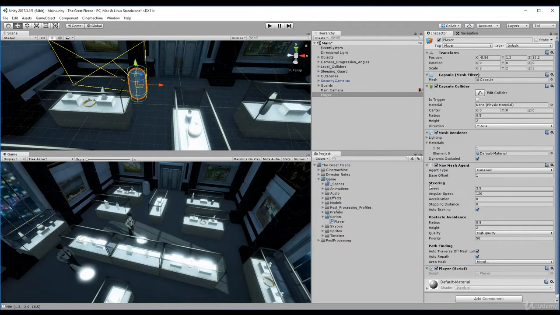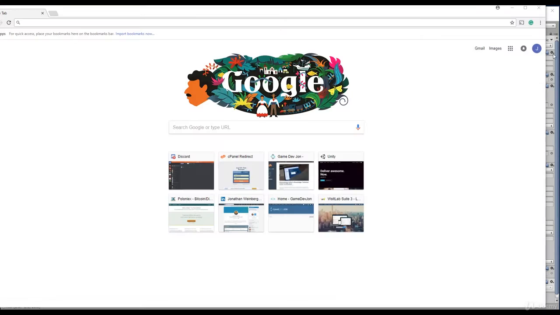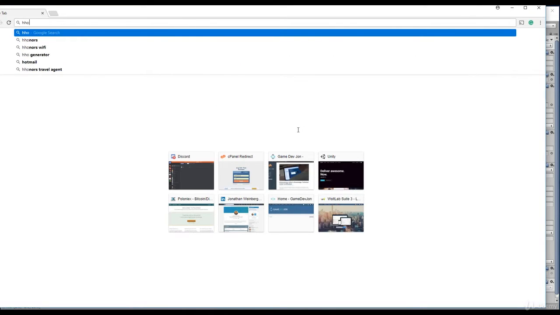Well, simple. We have this nav mesh agent. Let's go ahead and open up the scripting reference for this. To do this, you can go to Google, and let's simply search for how to move a player